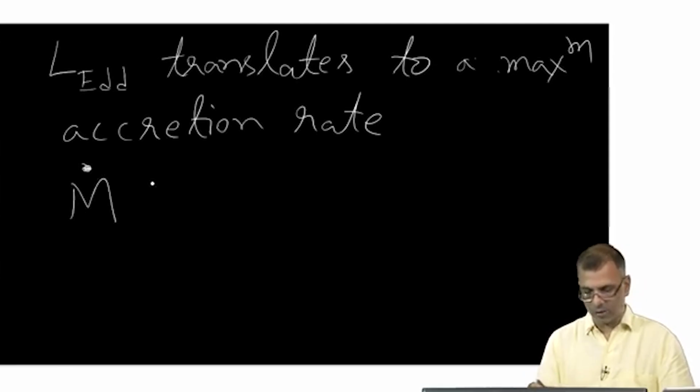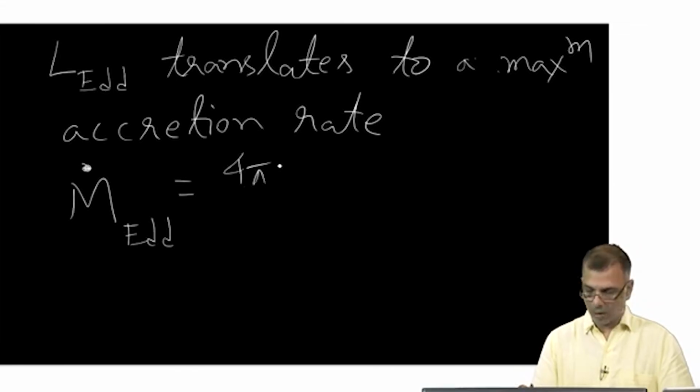The dot represents grams per second. m dot Eddington is equal to 4 pi m_p c